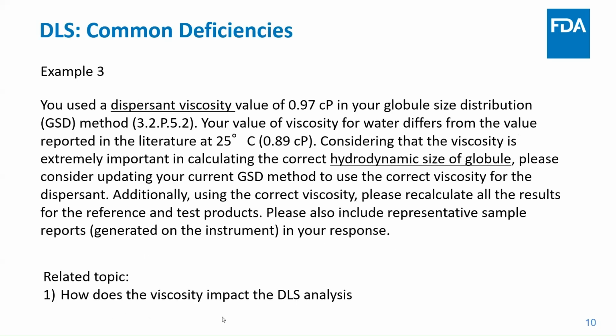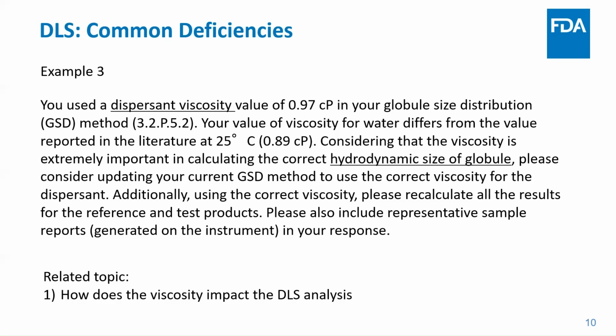The next example is about viscosity. And I think this is perhaps one of the most critical input parameters in the calculation of the hydrodynamic radius in dynamic light scattering. Many unfortunate mistakes can happen if the input value is not correct, because, if you remember the Stokes-Einstein equation, I hope you have some memory, viscosity is in the denominator of the